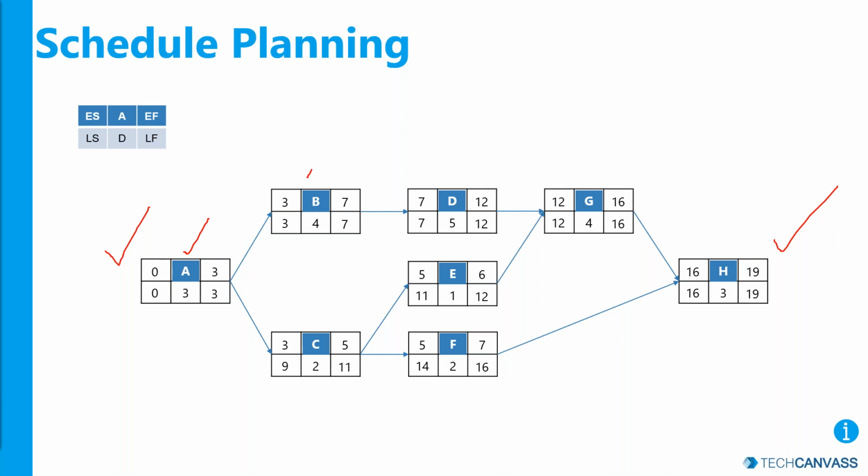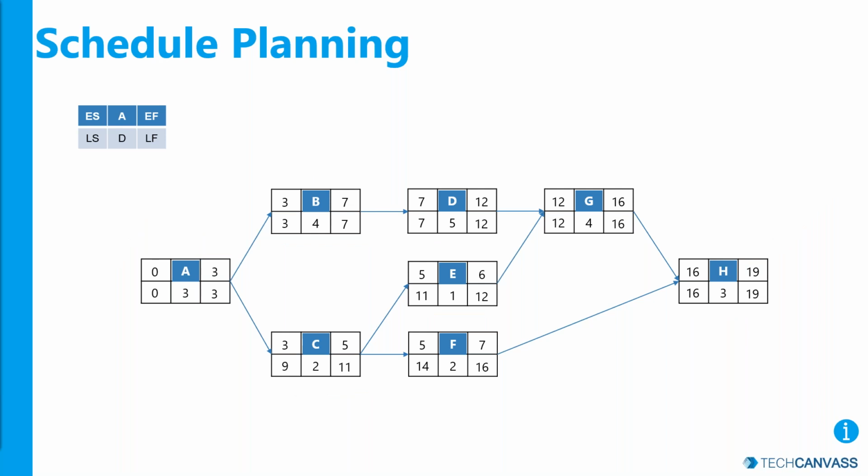Now these are the activities in your project, and the dependencies are: B can start after A is complete, and C also can start after A is complete. So both of them are running in parallel. Likewise, D after B, E after C, and F after C. G can start only after D and E are finished. And finally, H can start after F is finished and G is finished. So we have identified dependencies and put in these arrow marks. This is called the network diagramming model.